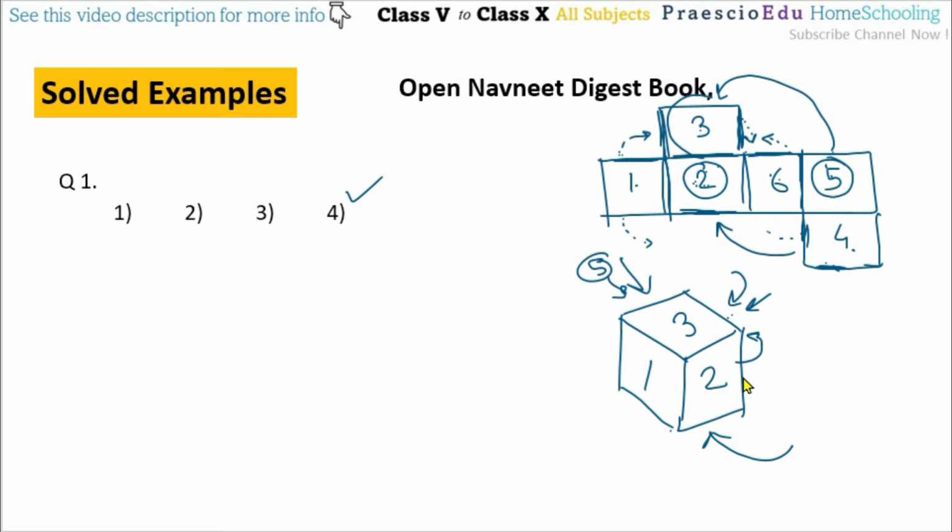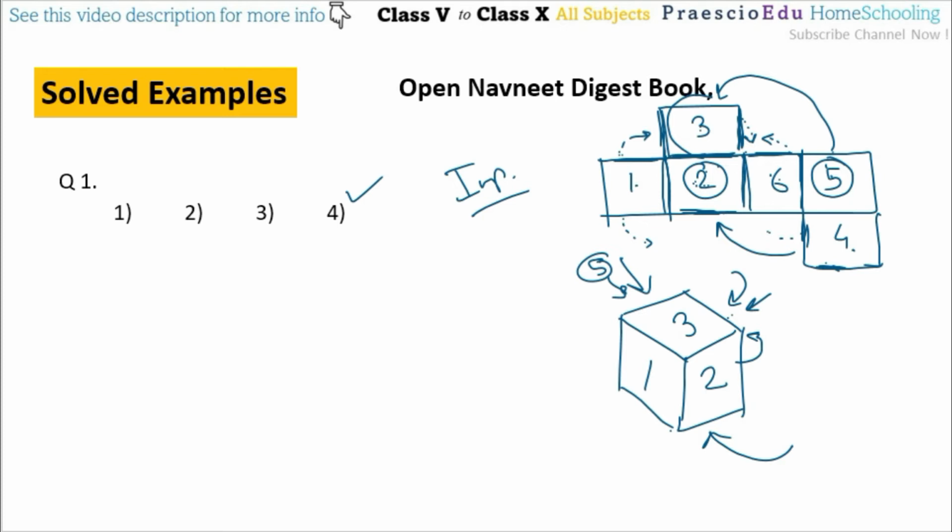So I suggest all students make squares of the same size, possibly 5 centimeters by 5 centimeters, and join all the pieces at the folding points with sellotape or something, and then make a cubical shape. That way you can understand exactly which numbers are opposite or adjacent after folding, which is very important. So the student has to make a small model and try to understand the concept behind this.